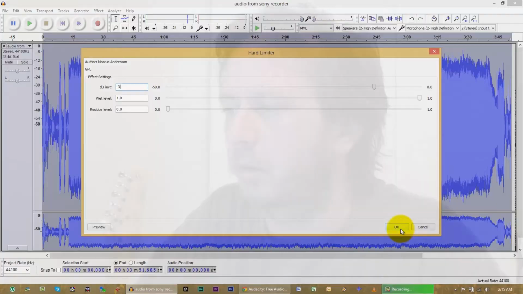And so what happens when I hit OK, it's going to take the entire file. Any audio that is lower than -9 decibels is going to stay the way it is. Anything that is above -9 decibels is going to get flattened, so it ends up being at -9. So basically, instead of a bunch of peaks and valleys, anytime a peak was going above the -9 level, it's going to flatten off. It's not going to have that real peak.